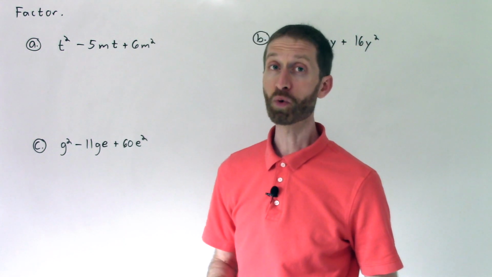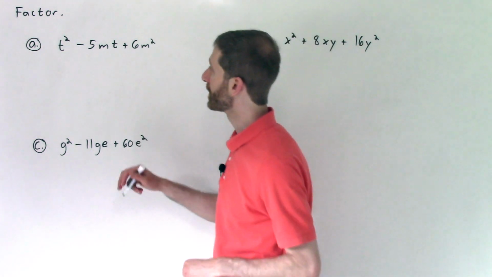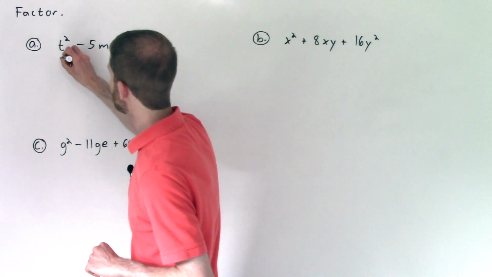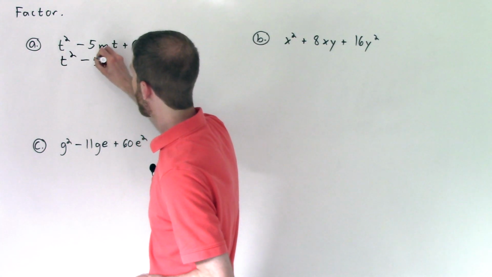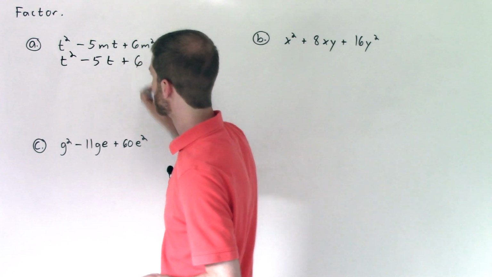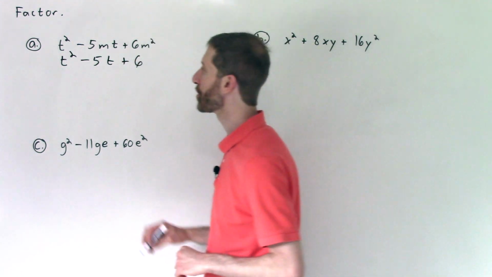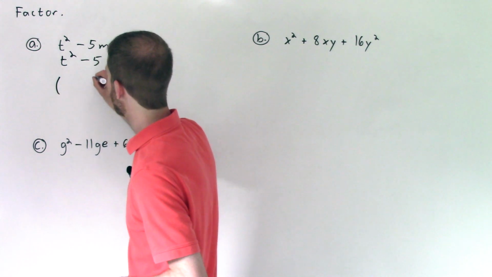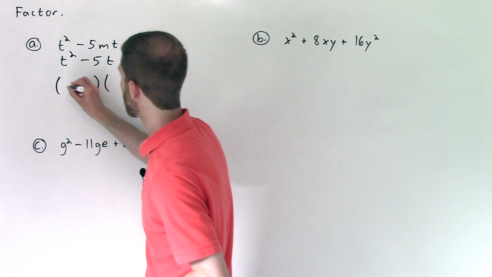Well, you actually ignore one of the variables. So I look at this and I literally treat it like t squared minus 5t plus 6. And you might be like, well, why can you just do that? Let me show you. So what I have here is two parentheses, going to factor like normal, so we have